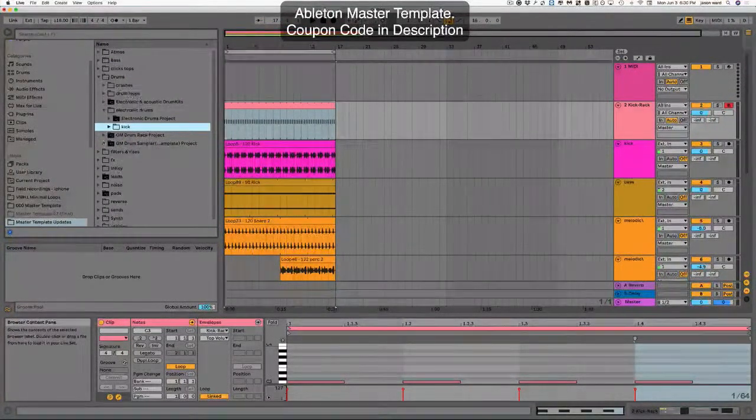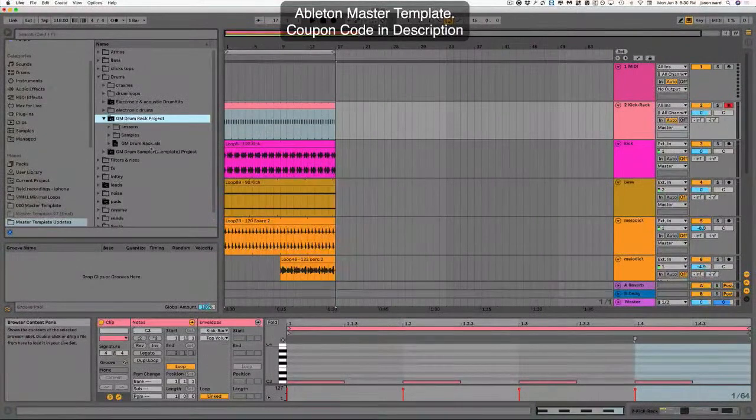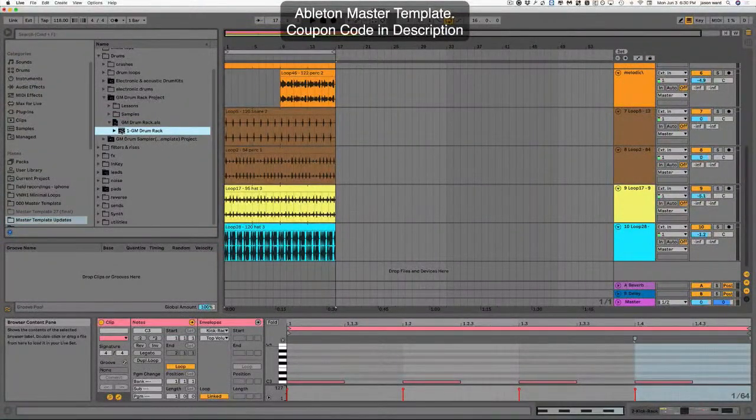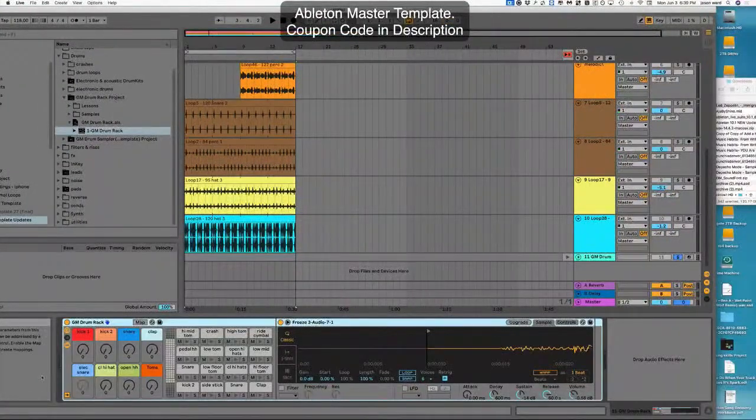This here is a general MIDI rack. This is really cool because you could actually drag general MIDI drum parts into this and it will conform to these sounds. So let's check that out real quick. We're gonna drag this in here. All right, so once we get the general MIDI drum rack set up here and loaded,